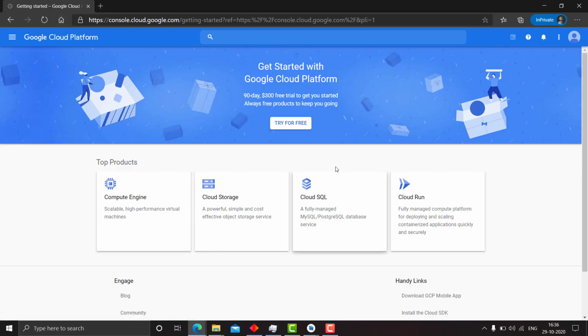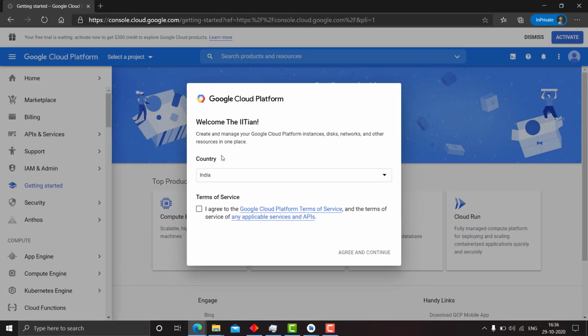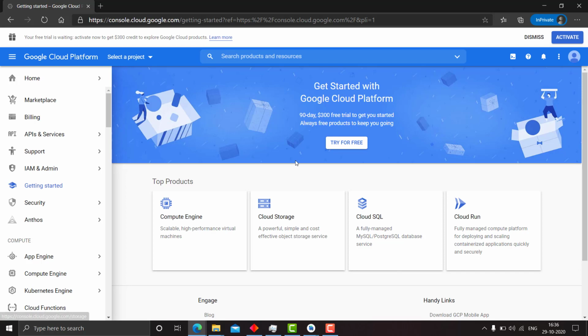After signing in, you will be taken to this page where you can configure Google Cloud Platform. Let me select my country, agree to the terms of service, and then continue. This will initialize your Google Cloud Platform for the first time.